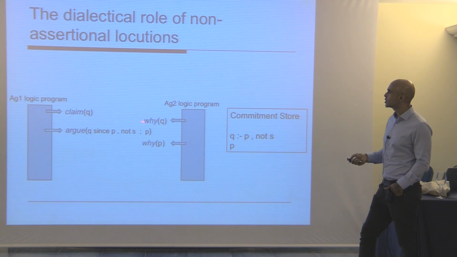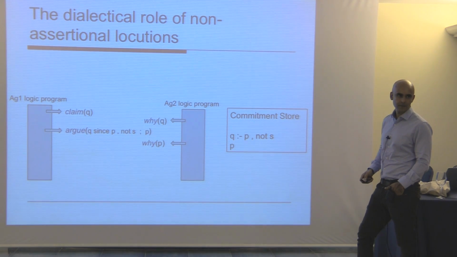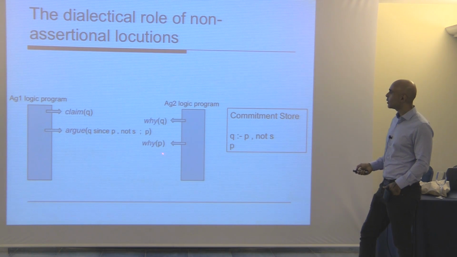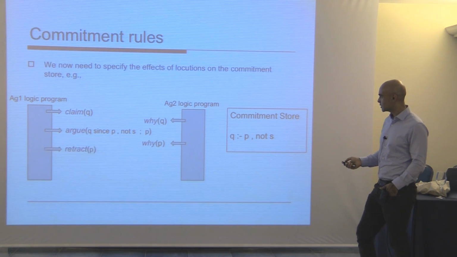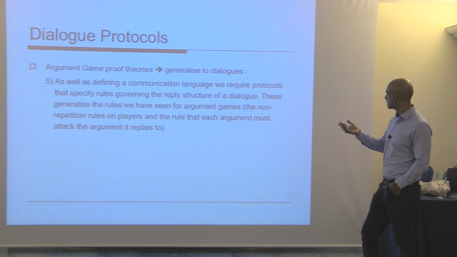Supposing agent 1 claims Q, agent 2 says why Q, agent 1 argues, well, Q since P, not S, and I've got the fact P. Then agent 2 says, well, why P? At this stage, if you look at the commitment store, okay,